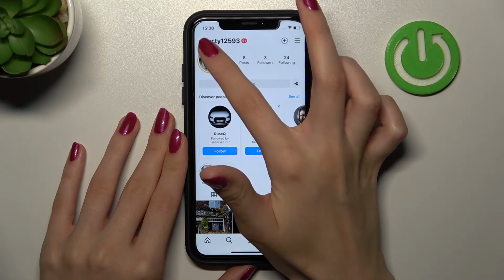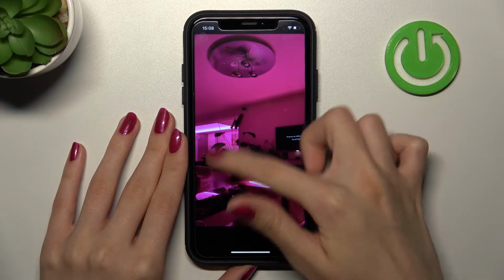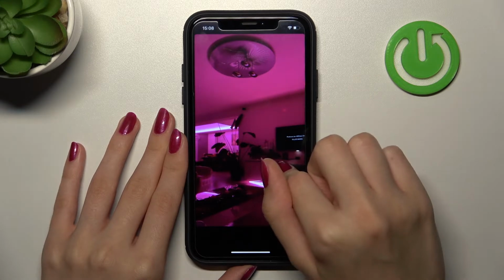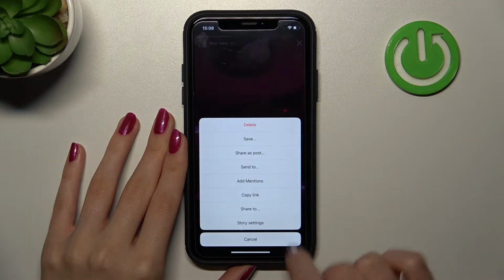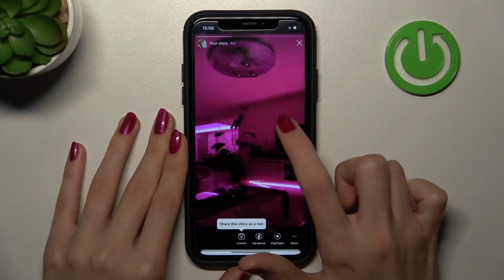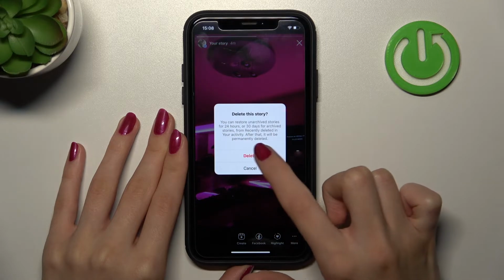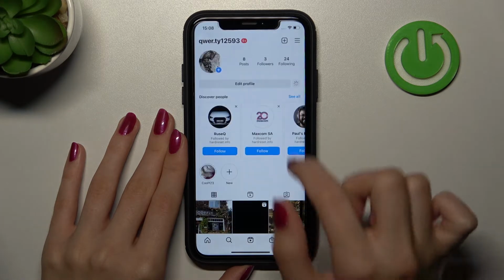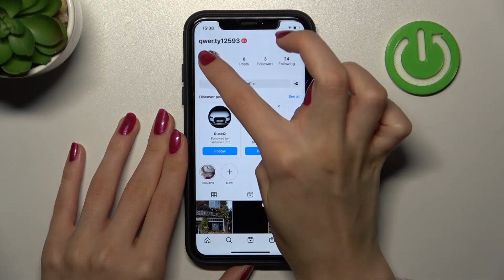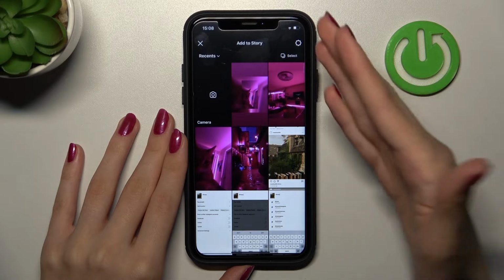Later, let's tap on the stories icon to check my story. This is my new story, and right now I will show you how to delete it smoothly. So I need to pick on the same three dots and use the first delete option here. I need to repeat my choice after clicking on the delete and wait. Let's tap on the stories icon again, and as you can check, I don't have any stories, I can only